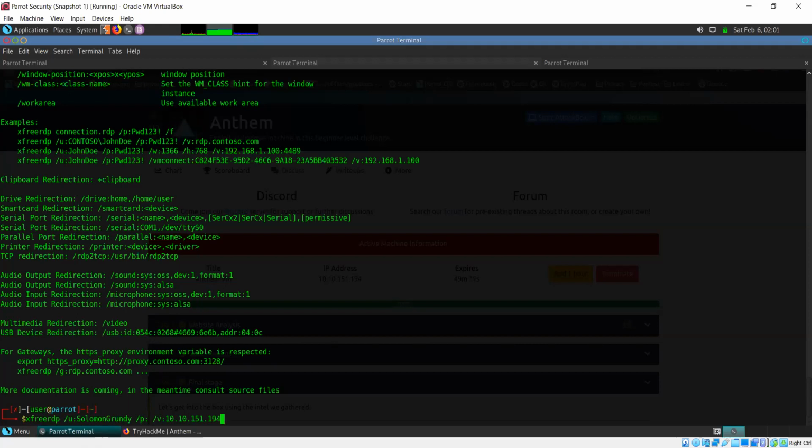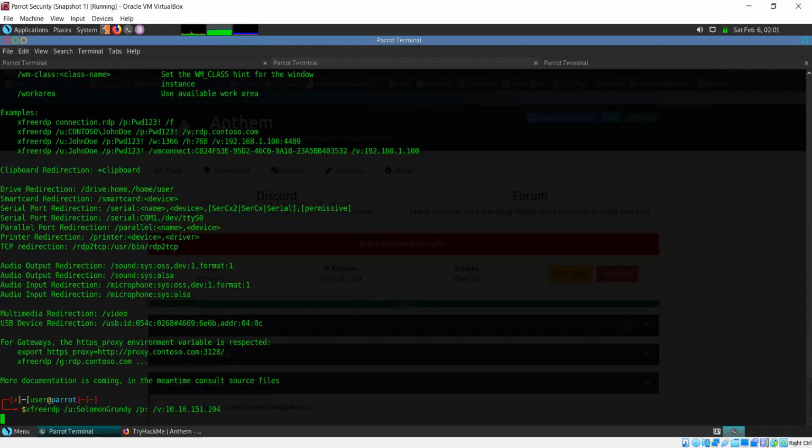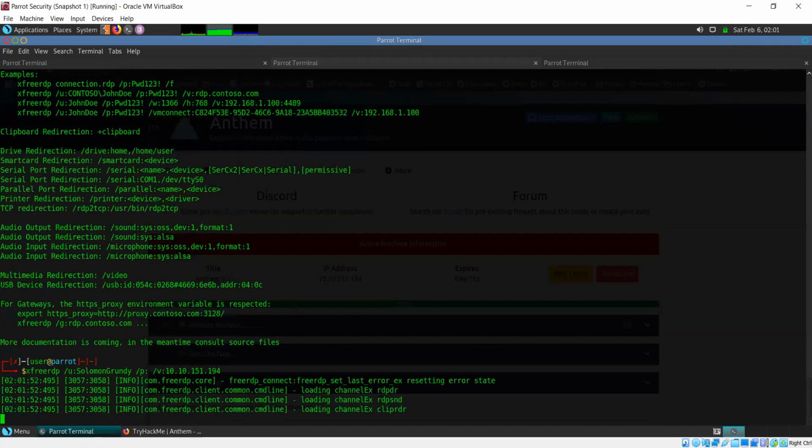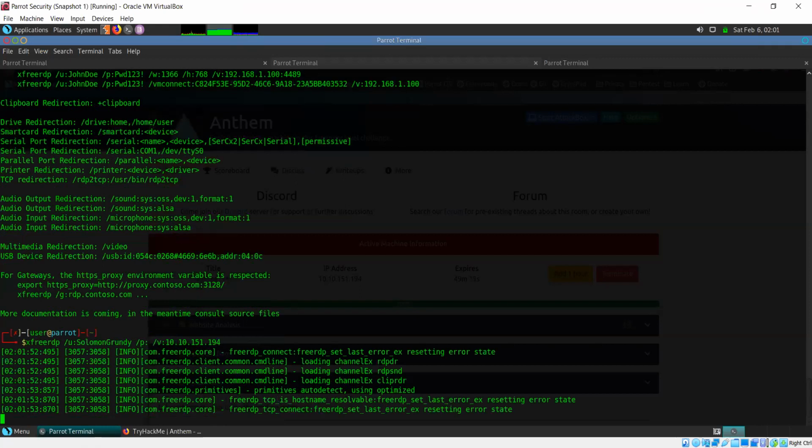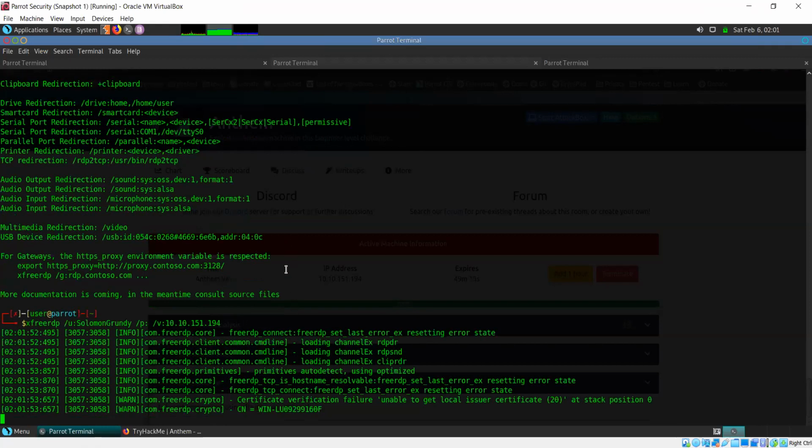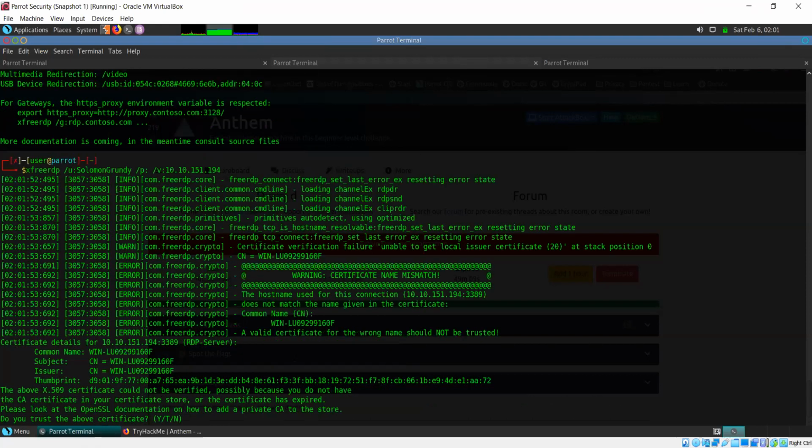This is the IP. Now, if I try to run this, let's see what happens. If you want to trust the above certificate, yes. Hmm. Login failure. So that means these credentials don't work.